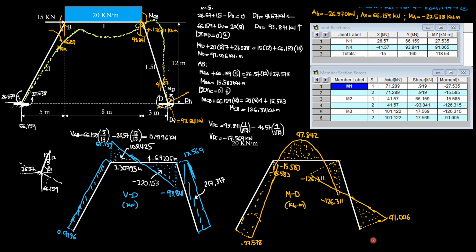And for the last number, beginning with negative 126.311 plus the area, which is 217.317, so that's why you have 91.006 kilonewton meter for the last number. So this is the moment diagram,